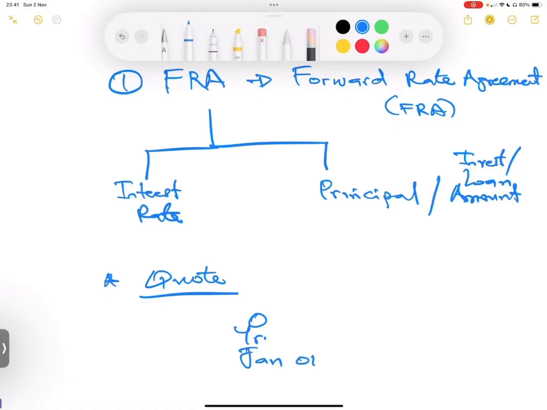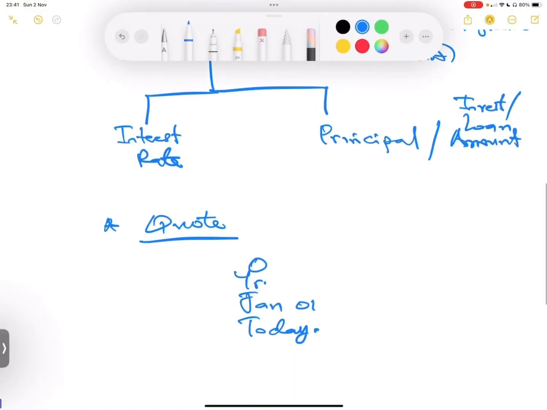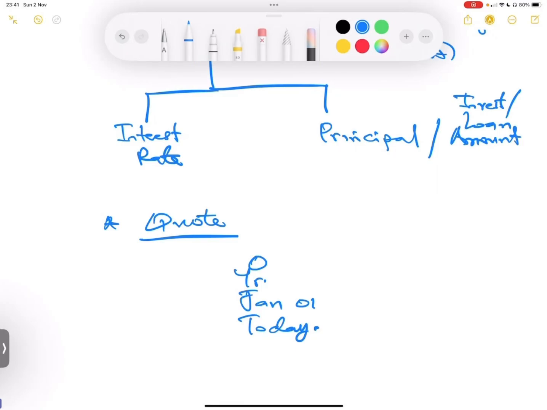Let's say January 1st, year zero, today. If you are looking to have a transaction in 3 months, which means March 31st, you want to sign an agreement. The question is, this loan agreement that you are planning to sign in March, let's say this is the signing date